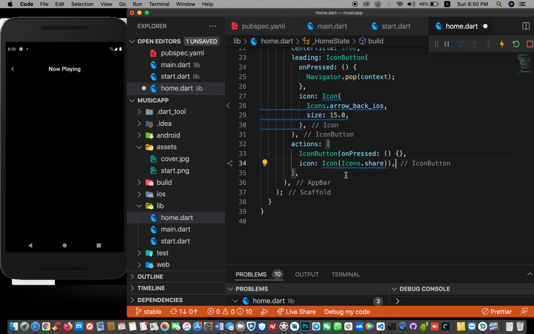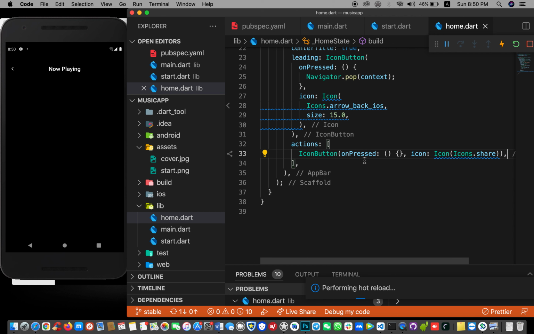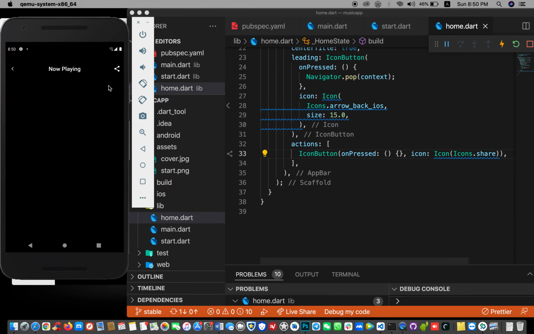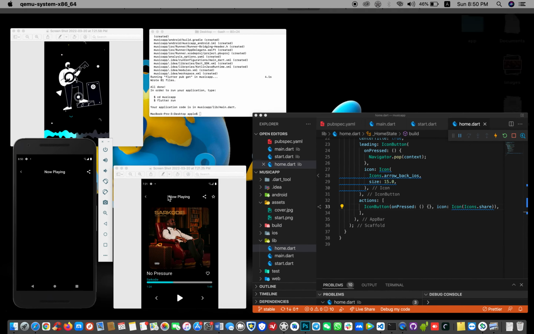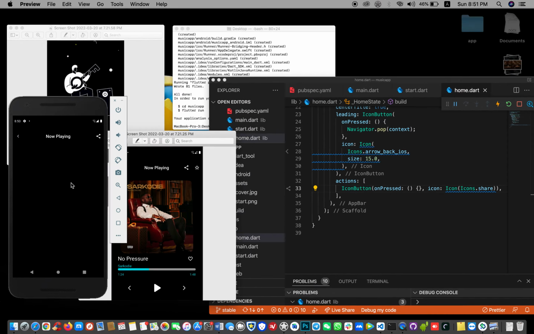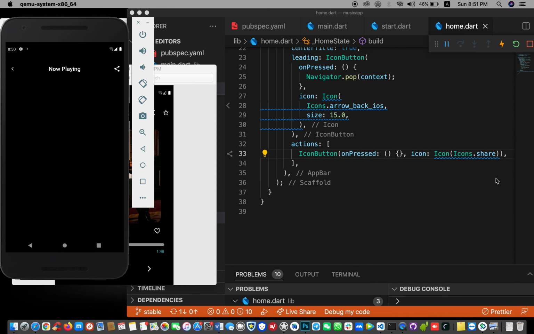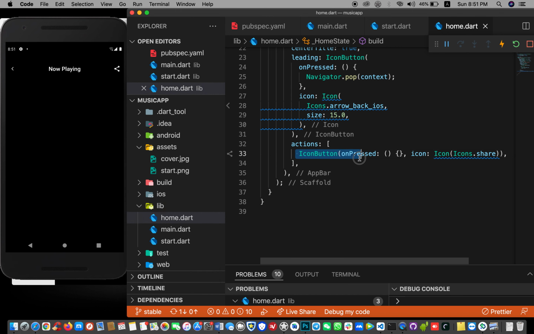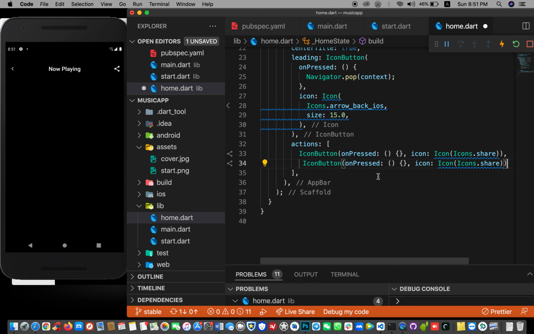So we have this set, next what we're gonna do is to add the star. Now we have the share here, which we can see here. We have the share here. Now we should add the star. Okay, so to add the star we need to add another icon button in here, the same like this, okay, and this,